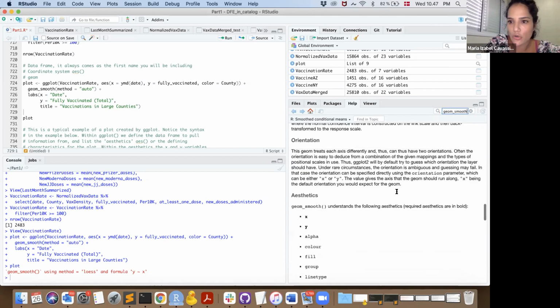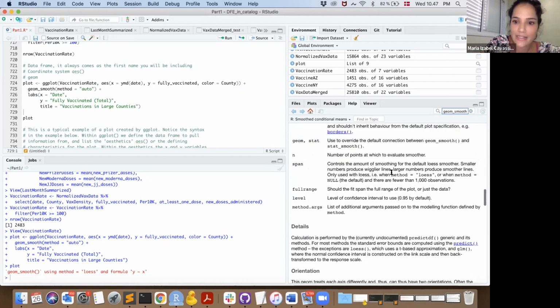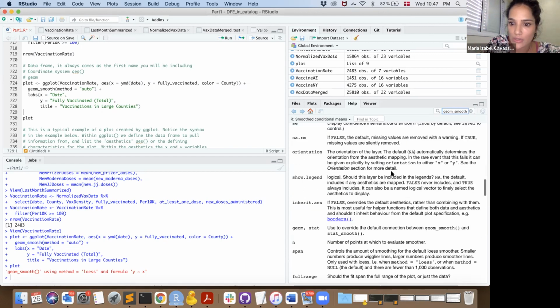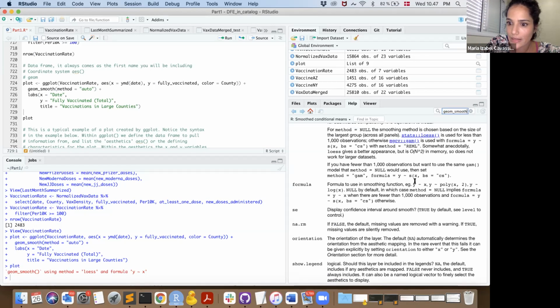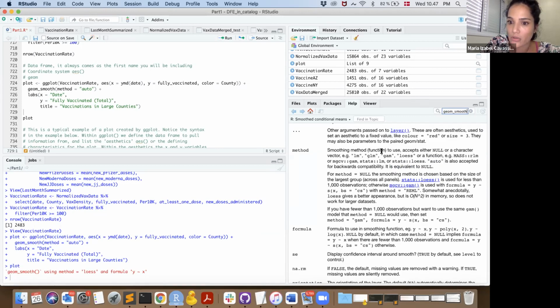There are many ways that you could fit your points, right? Each single point. And one way to do that is by using different models. When you're smoothing your data, basically, when you're transforming your data points into lines, you could do that in many different ways. Like I said, you could use a method called linear model, or you could use this GLM, which stands for,